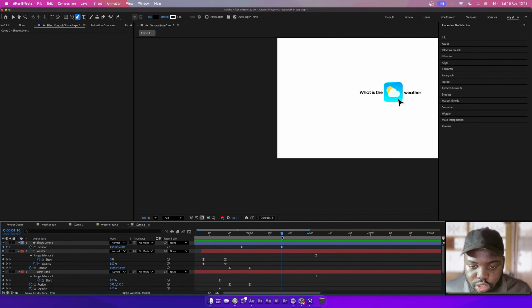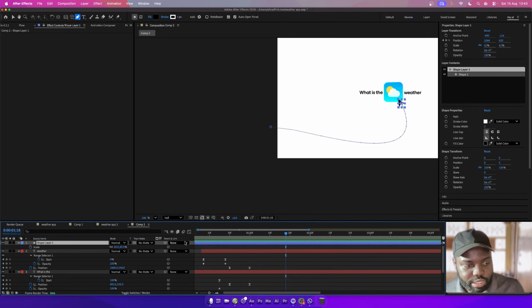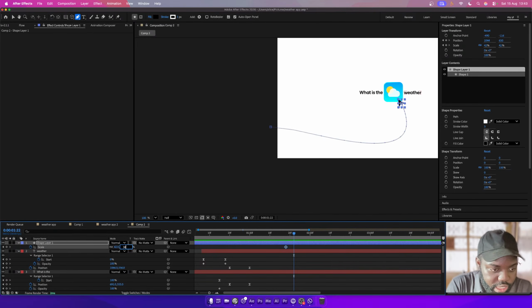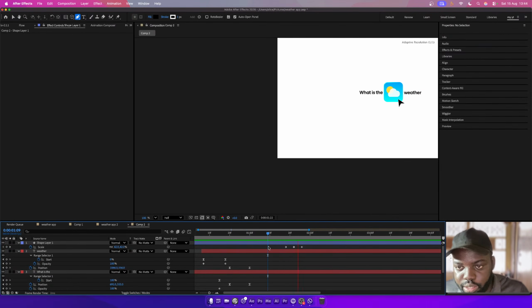Okay, that's looking cool. So the next thing I want to do is my click animation. If I move down here by like 2 frames, I'm going to open up my scale and make a keyframe on my scale here. I'm going to move down by 4 frames, and if something is clicking, it will first reduce. So I'm going to reduce this by like 4, so I'm going to 38. And I'm going forward again by 4 frames, and I'm just going to take this back to 40. Let's go to 44, so it's going to increase a little bit more. So if you play it back now,